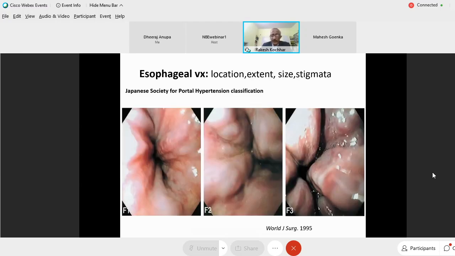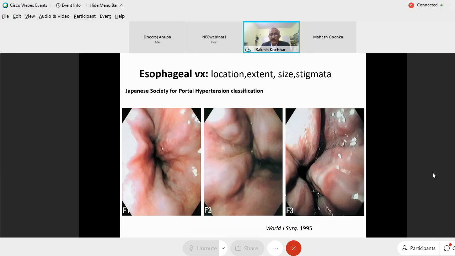Then esophageal varices. These are obviously venous protuberances. You have to describe where do they start at the gastroesophageal junction, how long are they, what is the upper extent of the lesion, how many varices are there. Now, small, medium and large, they are classified as that. Different classifications are there. Basically, the small one, grade 1 or